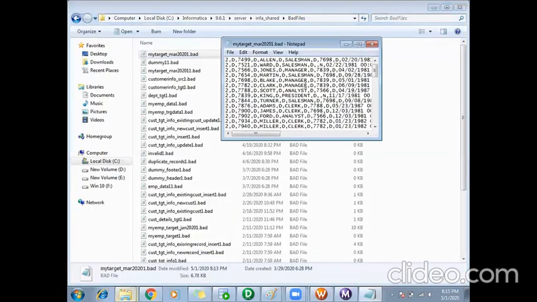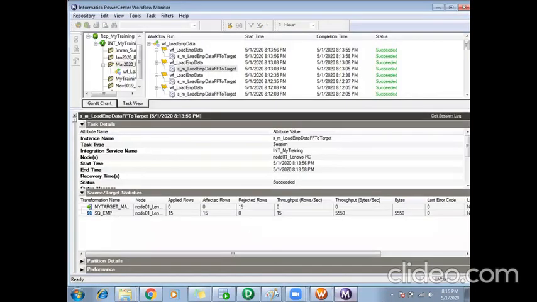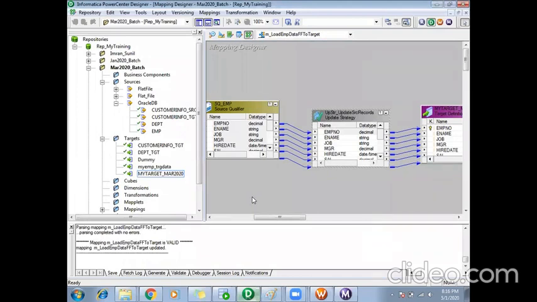All those records came here. It will keep on appending. So if you don't want those rejected records to move forward, you can disable the forward rejection property, then they won't go. They will be stopped in your update strategy only.